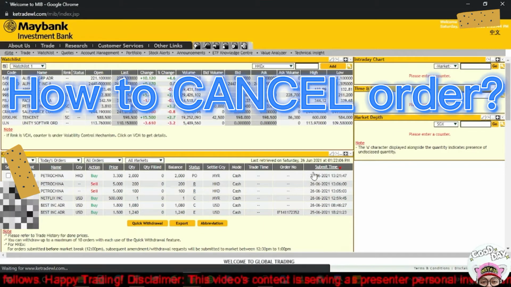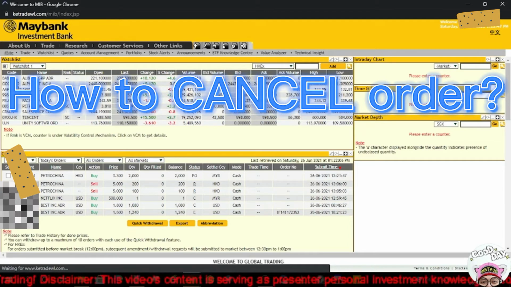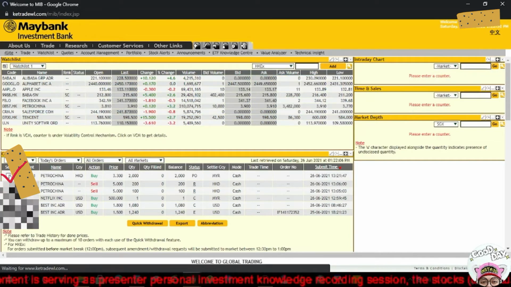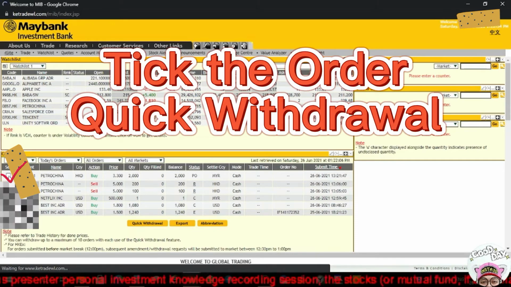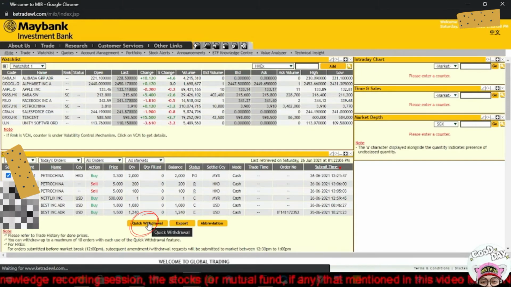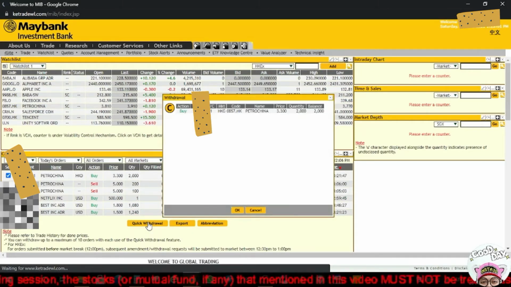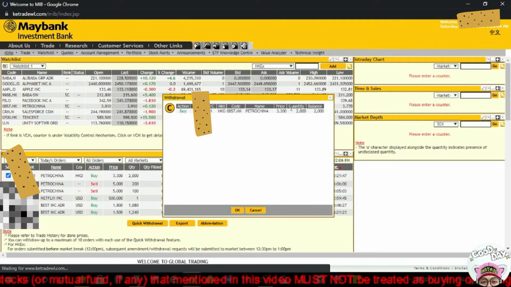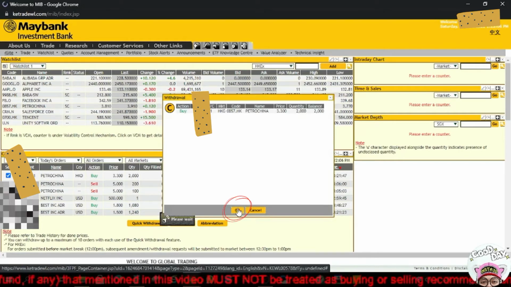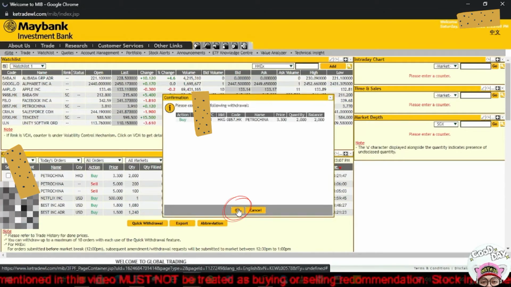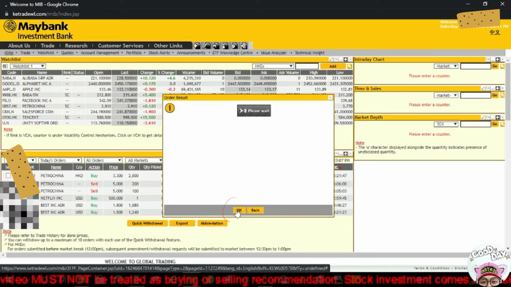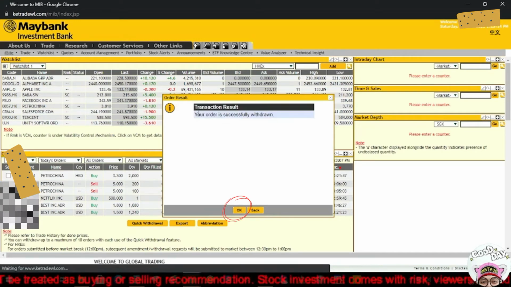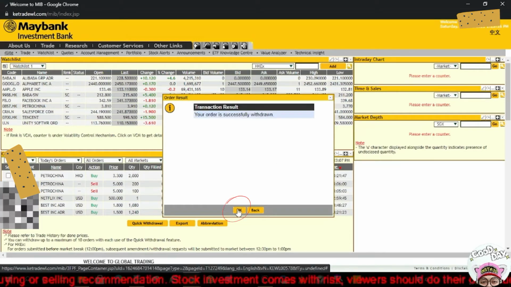So okay, how do we cancel the order? It's very easy. Since we already placed the order, what we need to do is select the order that we want to cancel. On the left side, there's a box, and then we need to click the quick withdrawal at the bottom. A box will come up for us to confirm we want to cancel this order. We select OK, confirm one more time, OK,